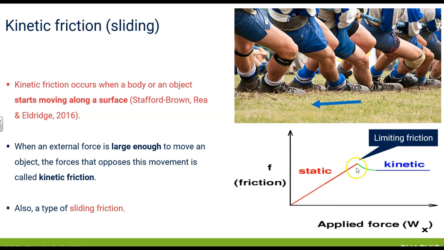If the opponent's team pulled a little bit harder, their feet would start to slip and there would therefore be motion. And therefore there would be sliding friction or kinetic friction between their feet and the grass as their feet slipped